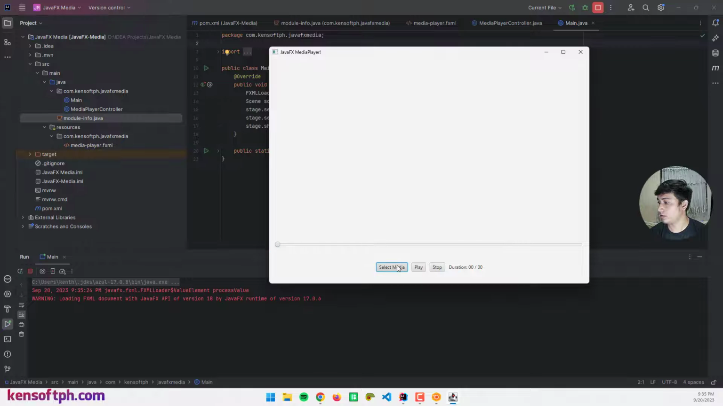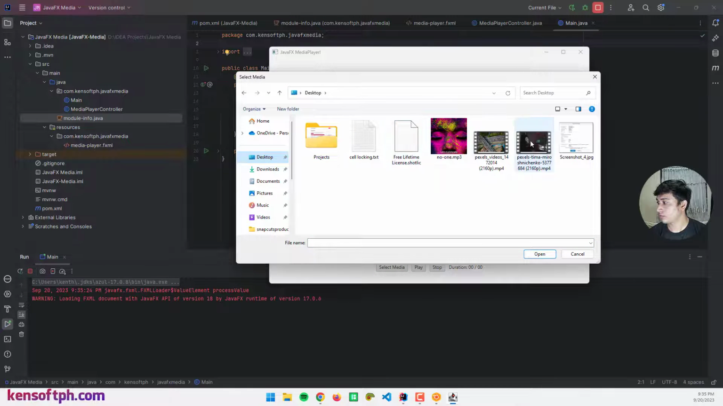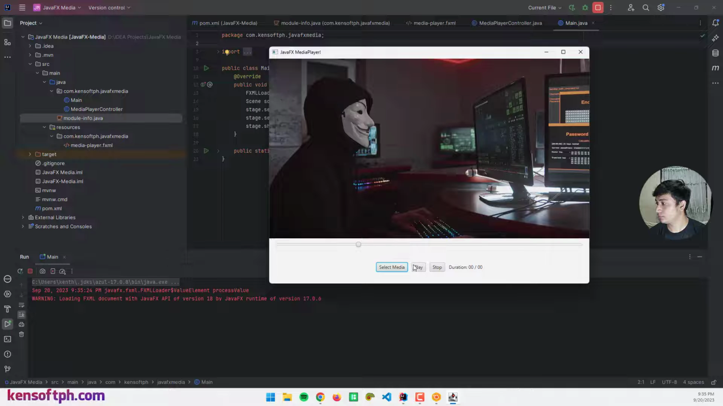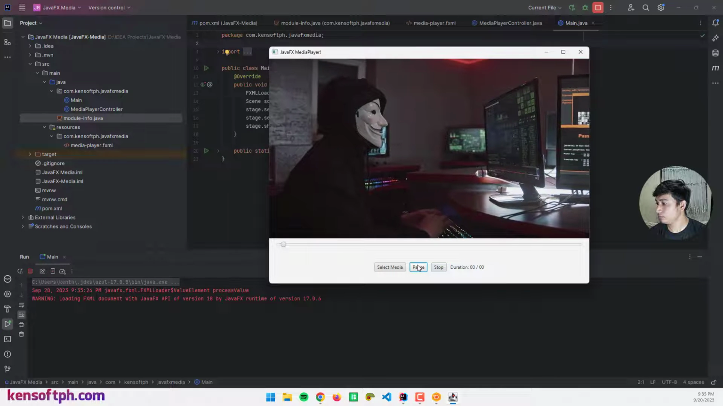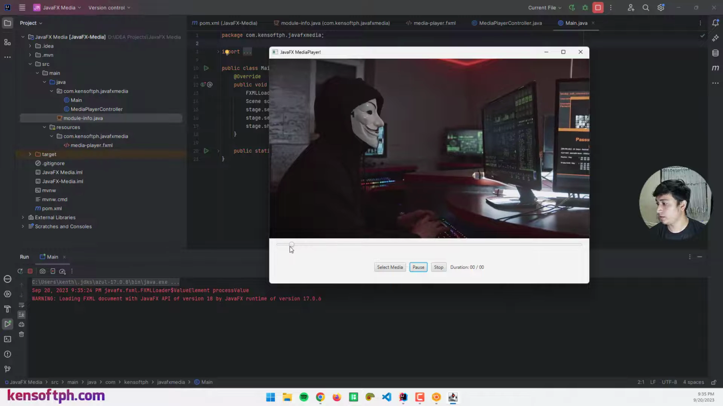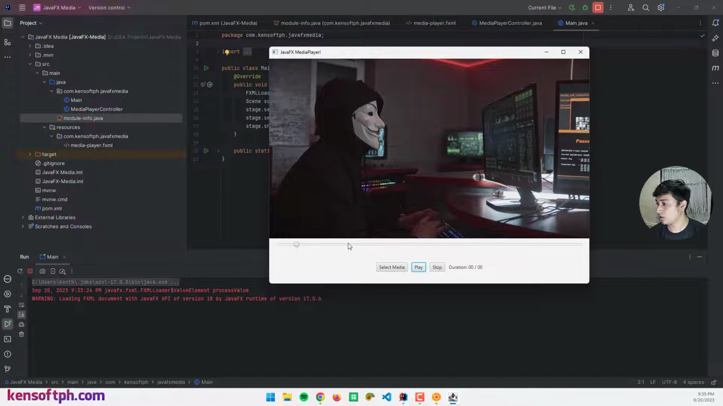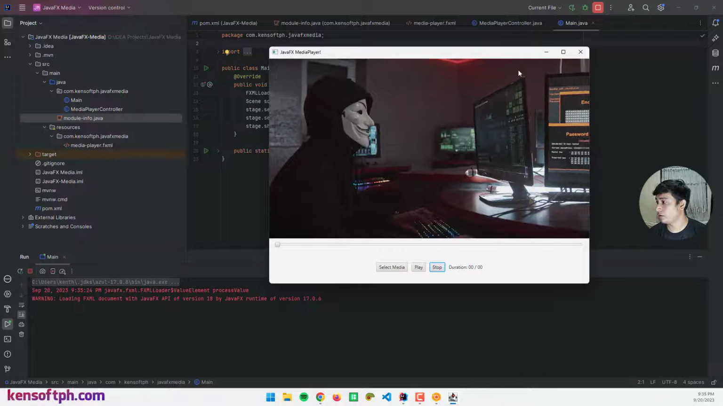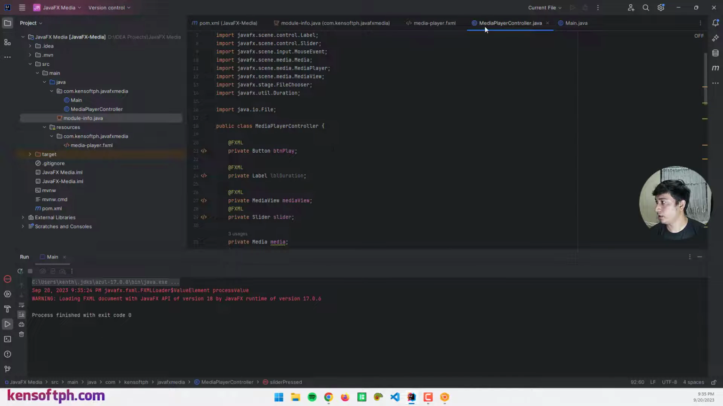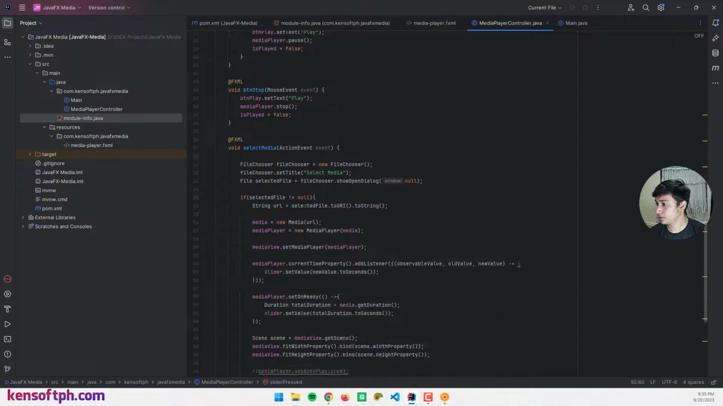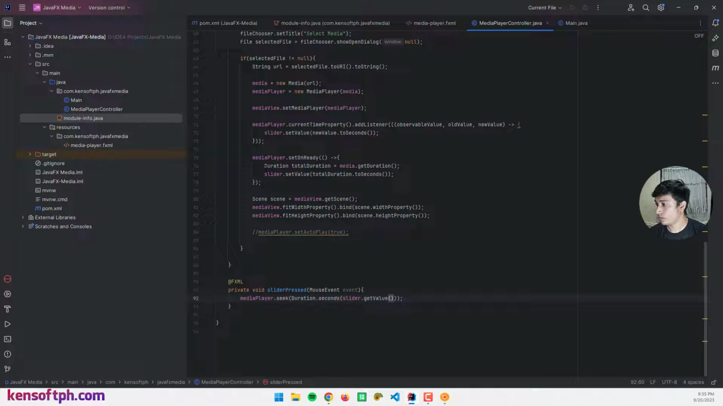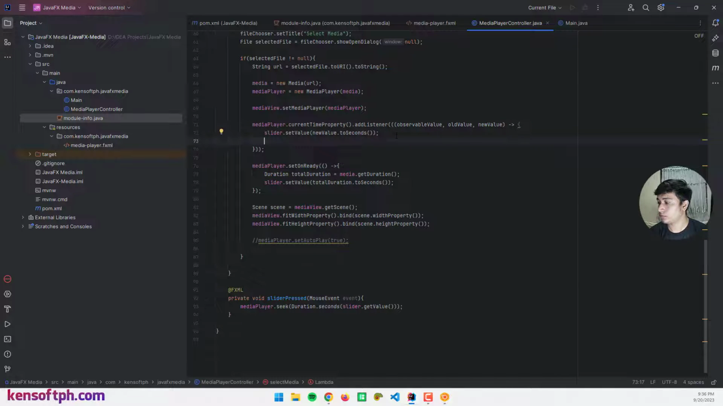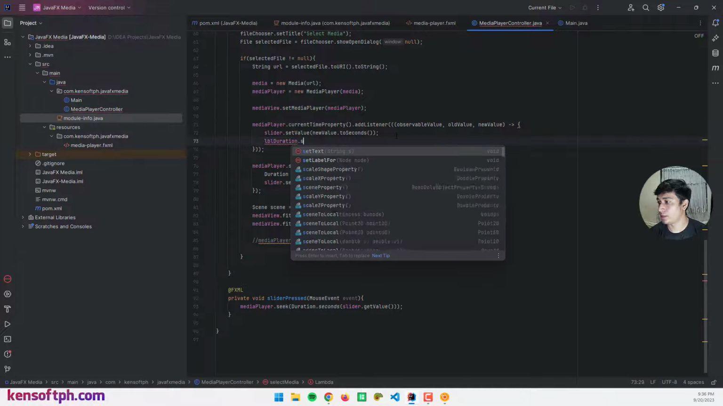It's already 20 minutes. Okay. Play. Yep, our slider is running. And pause. Yep, it's working. So now let's proceed with the duration here, the label duration. I need to go back to the controller and set on ready. lblDuration set text